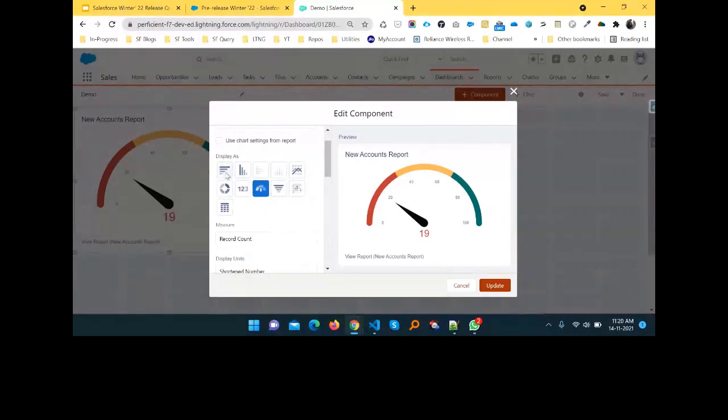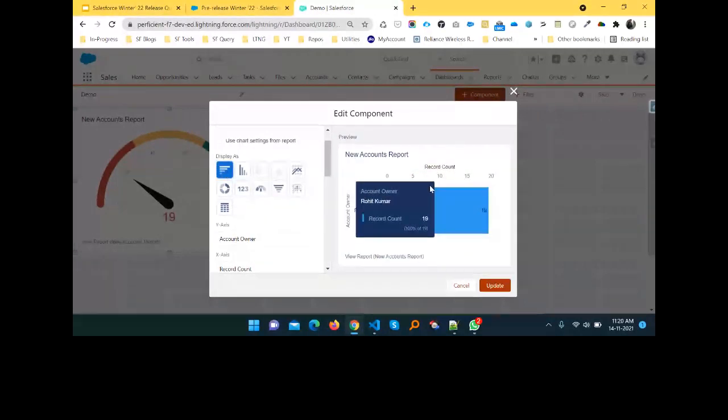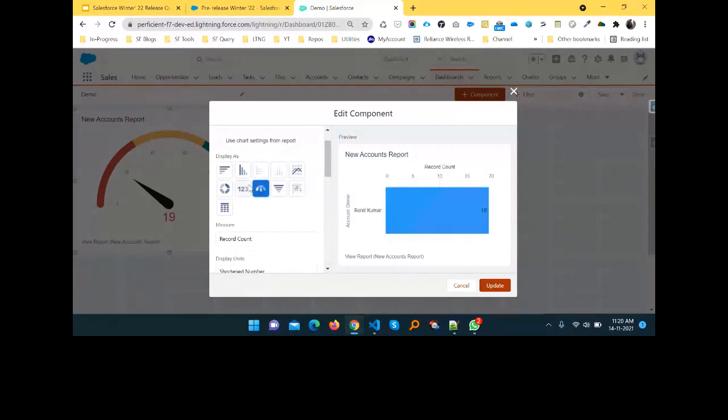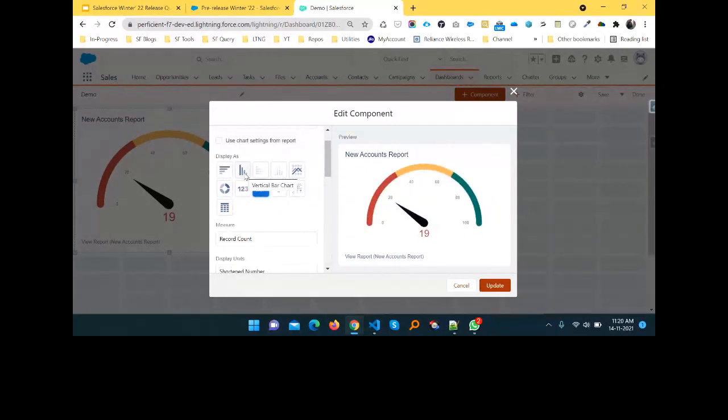Based on your selection, like a bar chart, you can see how my report will look. You can also change it to a gauge chart or something like that, horizontal or vertical chart.